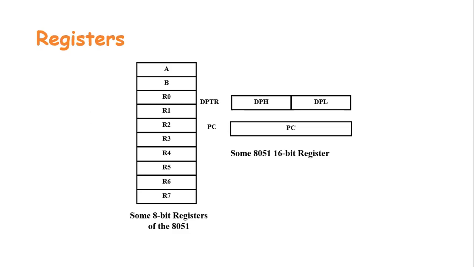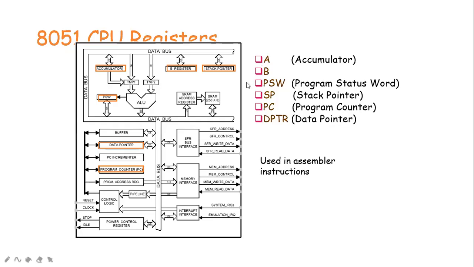These 128 bytes of locations are divided for different purposes. The first 32 locations are for register banks, the next 16 locations are bit addressable locations, and the remaining are for general purpose. The next locations, from 80 to FF, are to directly address the special function registers. Each register has its own address. Besides the general purpose registers, there are CPU registers A, B, PSW, stack pointer, program counter, and DPTR.